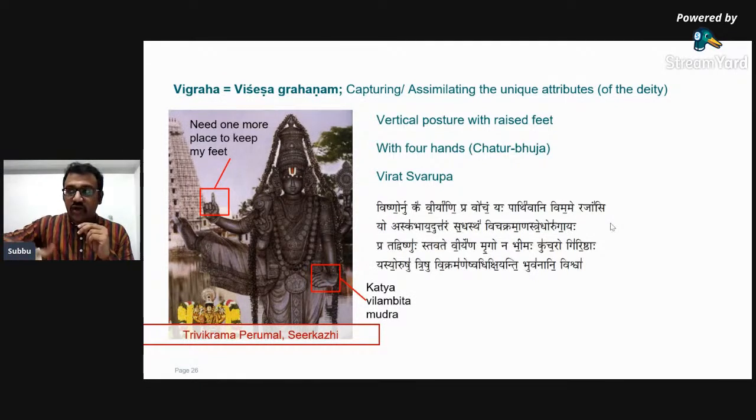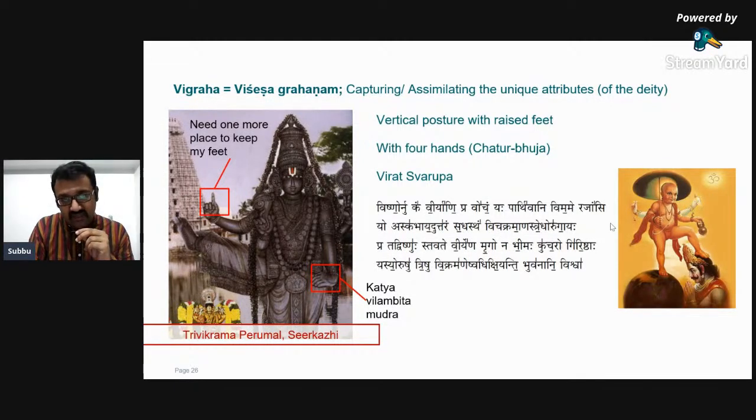So the earth is conquered and the heavens are conquered. The 3rd foot, I need to keep it somewhere. Where do I keep it? And naturally, you know that this is related to the story of Vamana Avatara. Vamana, the Lord coming in the form of Vamana, a dwarf, and taking 3 feet of land as dana from Mahabali, and Mahabali giving that as dana, and the Lord assuming the form of Trivikrama, or a huge Virat Swarupa, measuring with 1 foot the whole